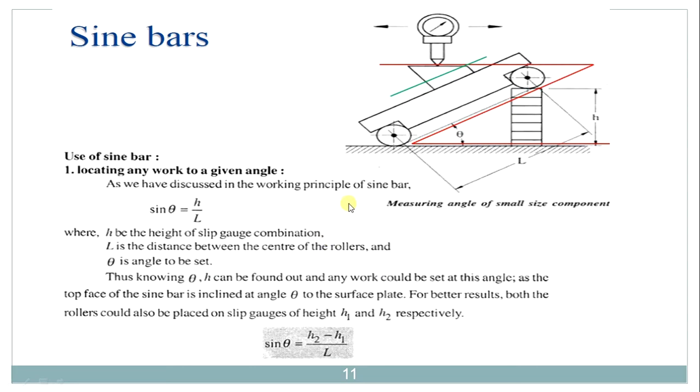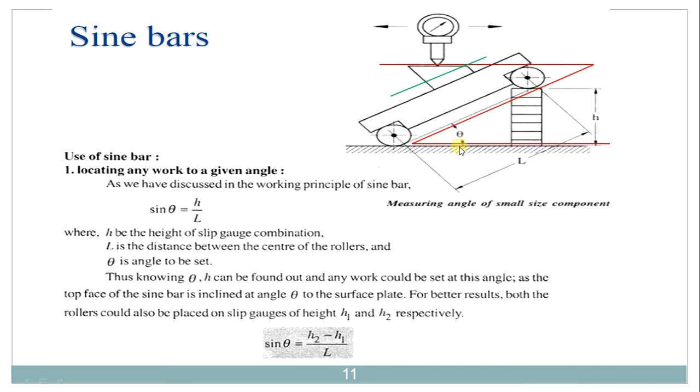Now, exactly how the combination will be used: this is one of the components whose angle can be measured. The extra auxiliary device, as I told, can be a dial indicator for reference purposes. Then we have a sine bar which is inclined, and the height can be set with the help of a number of slip gauges. As we discussed earlier, a combination of slip gauges can be made with the help of the ringing process.